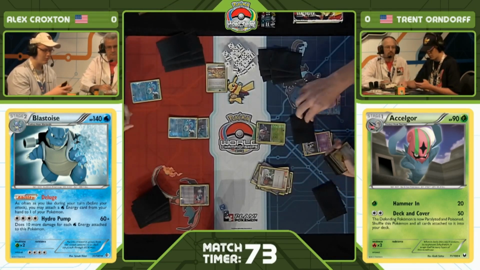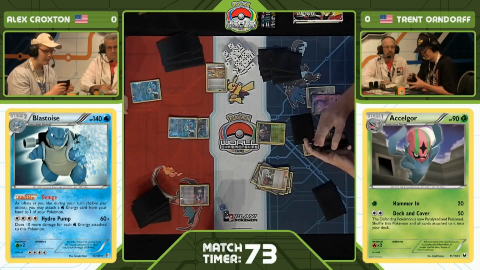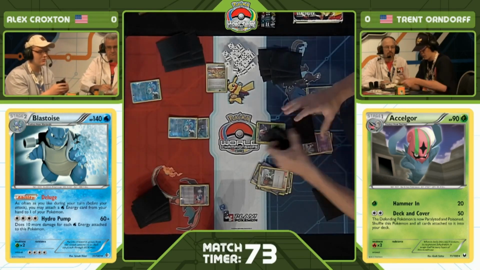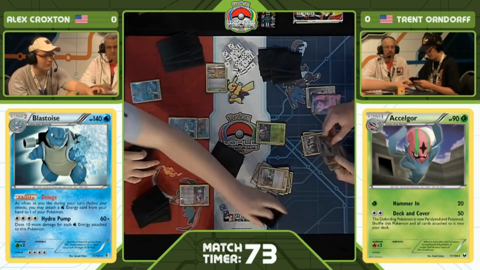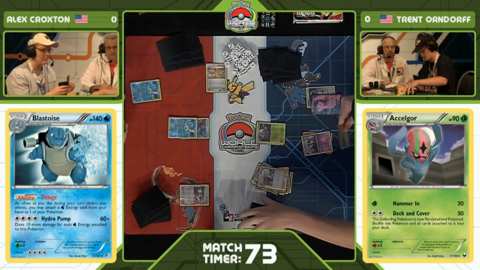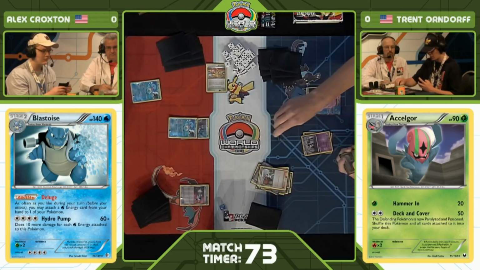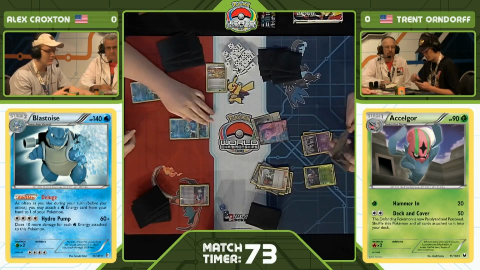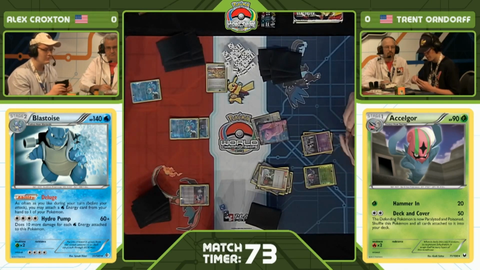Right. Alex is playing a pretty classic line there for his Blastoise. He's got 4 Squirtle and 3 Blastoise, but only 1 Wartortle. That means that most of the time he's relying on Rare Candy to get out to Blastoise, and when that Trevenant's up in front, he can't play the Rare Candy, and so it's just going to shut down his ability to do that. But it looks like Trent is going to go for the early attack there, but the whole